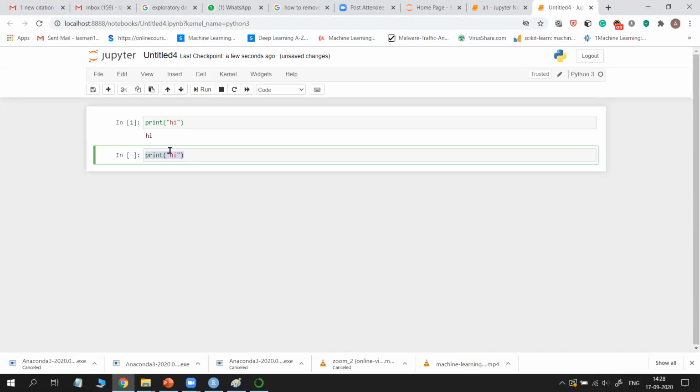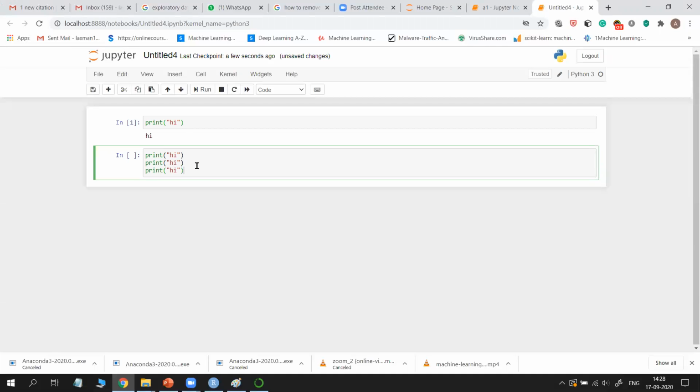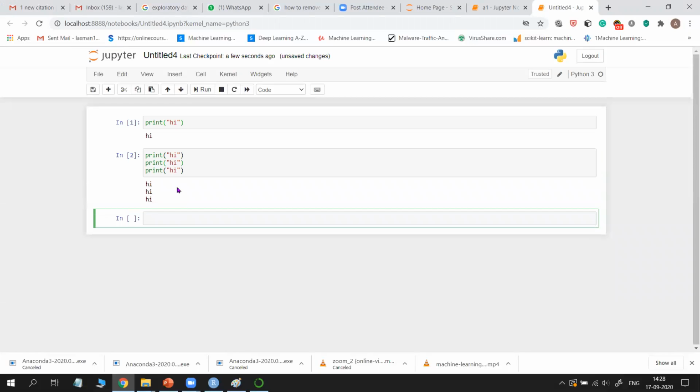If you want to print more statements, any number of statements, for example 3 times, you can select and click on run 3 times. The advantage is you can save the whole session. For example, if I am doing a lot of programming, 2 hours of typing and going down, later you can save the whole thing as a single file.